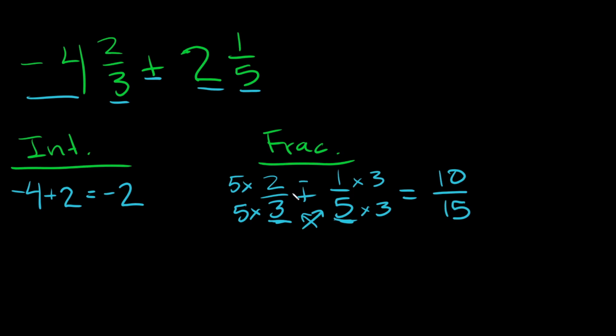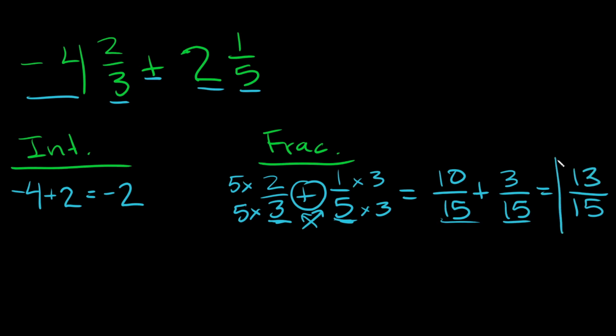Remember, this time we're adding, okay, so we have a plus right there. Then 1 times 3 is 3. 5 times 3 is 15. What is this equal to? Well, we have 15, so we're going to keep it, right? 15. 10 plus 3 is 13. 13 over 15, okay? So I'm just going to rewrite that right here so we keep track of it, 13